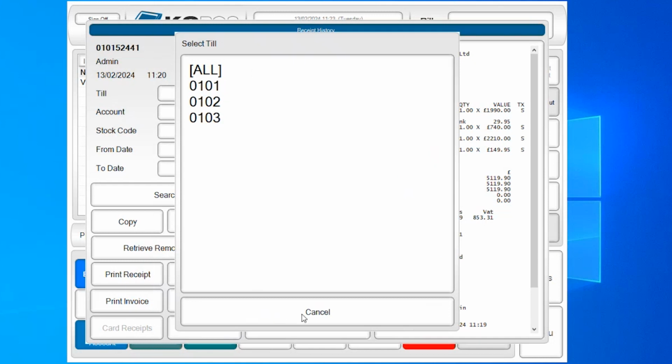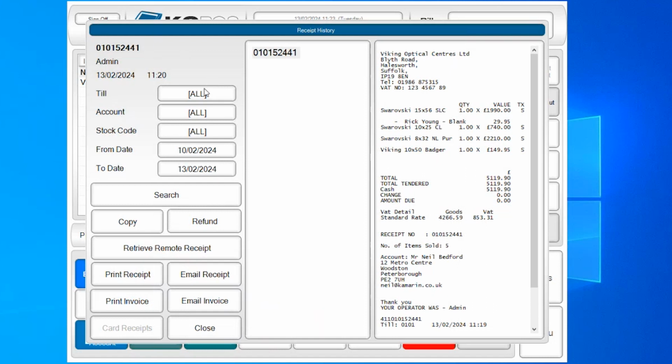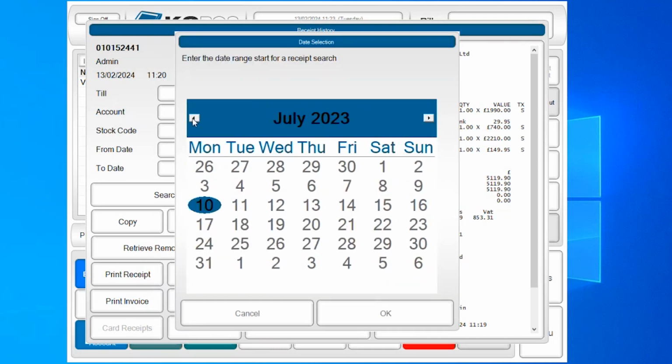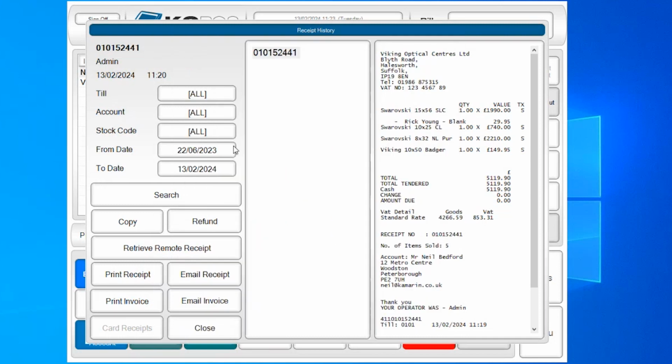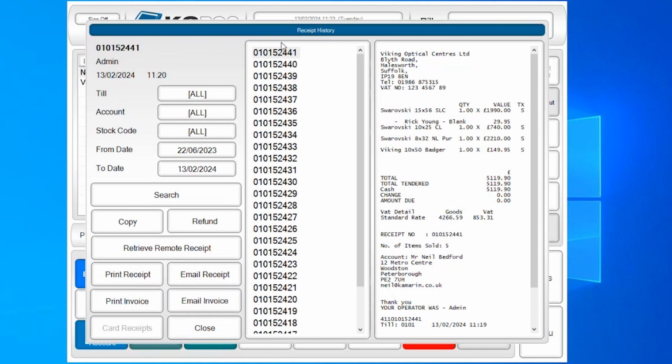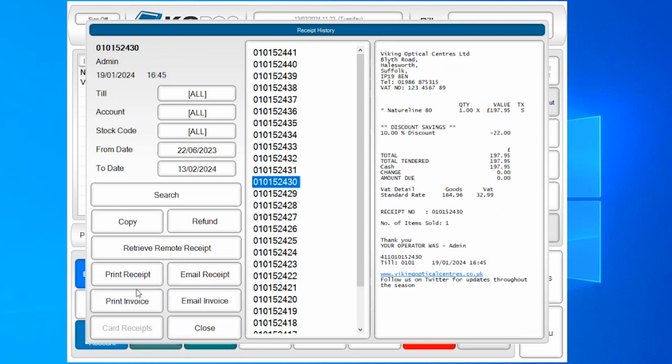So if they can remember what till, we can name the tills as well, so that it's easier for you. You can select. If they know that they bought it on their account, then you can limit it down that way. And if they can remember a rough idea of what date they came in, so I'm just adding a few months just so it shows some data, but you can limit it down and search. So this is now pulling through all receipts that have taken place within this criteria, and I can either print